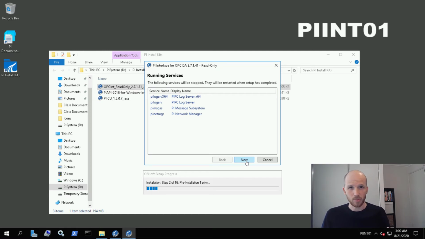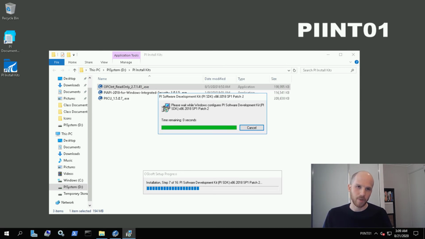But if this system was already in production and this was an upgrade, this would matter a fair bit. All of these services will be restarted and data will stop flowing through this interface while we restart, which means a few minutes of data loss, which means golden rule of being an administrator. Your job is to prevent data loss. You failed your job. So it's not really what we want. We'll be able to compensate for it by having redundant interfaces, which we'll discuss later. But we're clicking next for now.